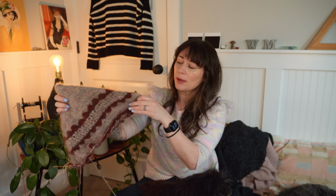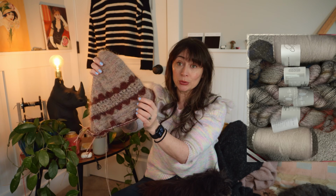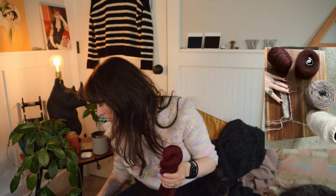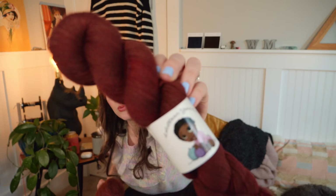I was gonna do a maybe brighter contrast color or a blue, but I landed on this combo and I'm really happy that I did. So the second color, the contrast color, is the fingering weight by Lola Bean Yarn, and it's the coffee bean yarn, in the colorway Name Me. It is a superwash merino yak nylon, and it has 437 yards, and it's just such a pretty dark